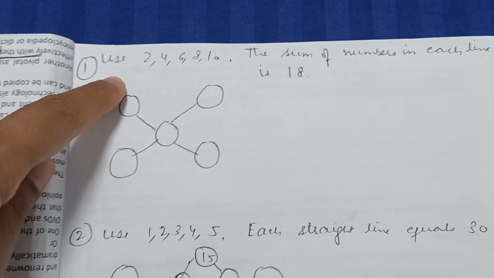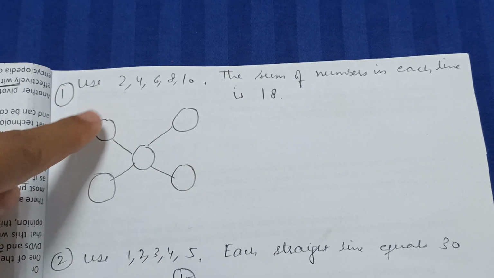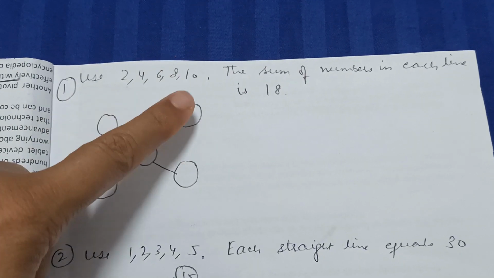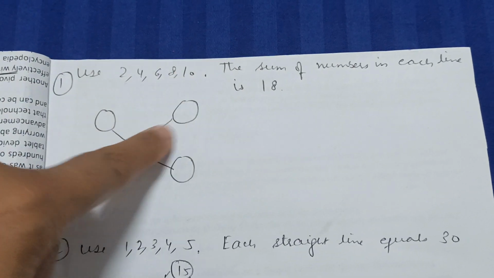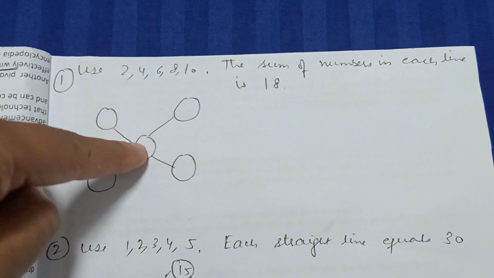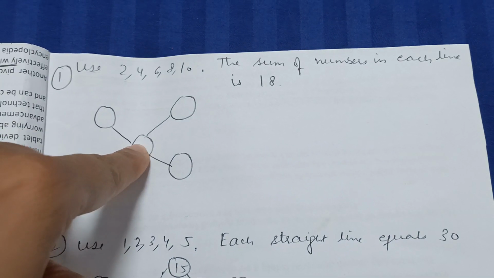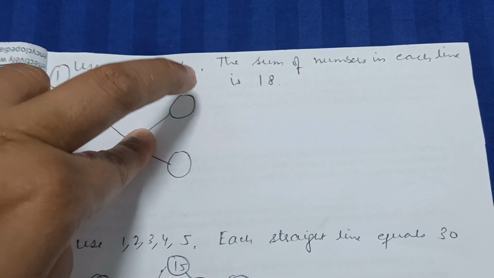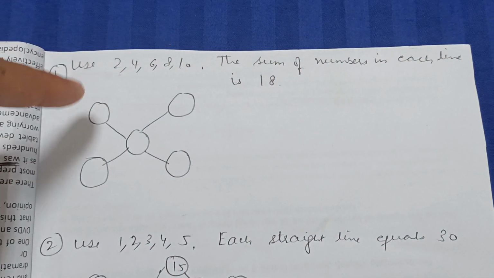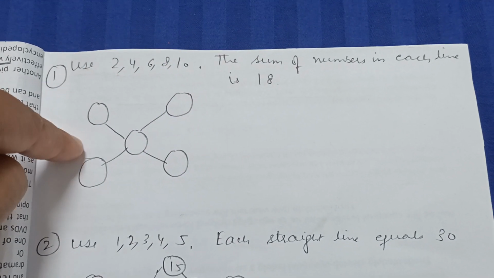In this one, I have taken the even numbers 2, 4, 6, 8, 10, and I have these 5 bubbles. She has to use one number in each bubble in a way that the sum of this line is 18 and the sum of this line is also 18. Again, she has to think critically about which number should come in between. If it is 10 in the middle, then 8 will not work. If it is 8 in the middle, then how will we use 10? Then again it will not work. So she has to think critically about which number should come in the center, and once she figures that out, the neighboring numbers should be okay.